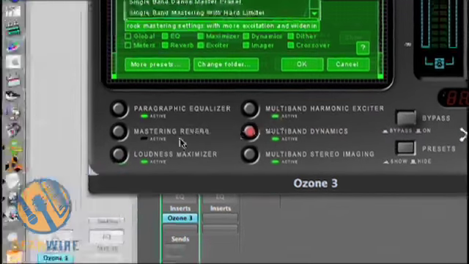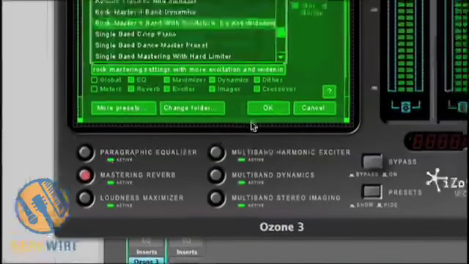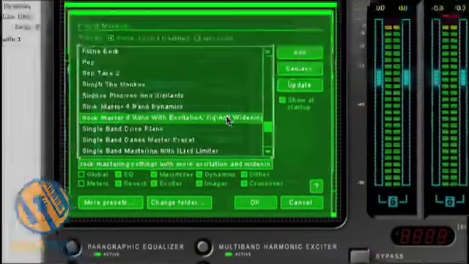that reverb in it. So if I add the reverb,